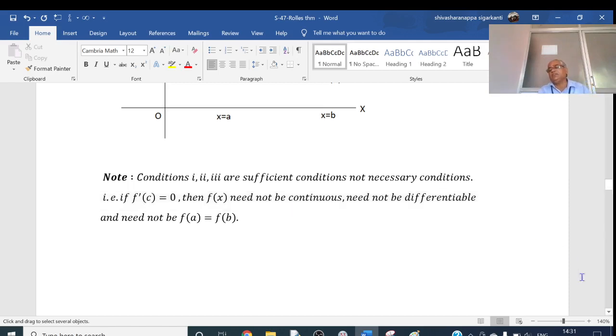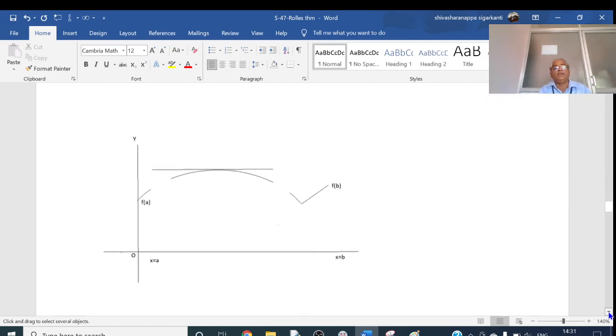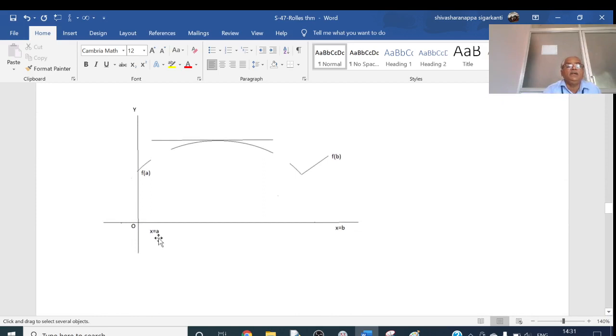Now, let us consider some of the figures here. I will consider one figure. Yeah, this is the figure. See here, this is the curve of the function f of x. Starting from this, it ends here, it discontinues here. Again, it starts from this point, it goes up to this point. Again, it is discontinuous here. Again, it starts here, it will come here, then it will go like this. Maybe this is the shape of the function.